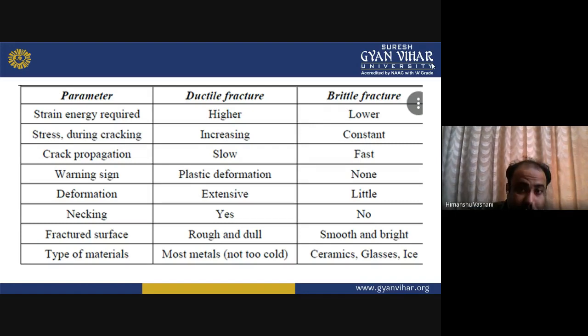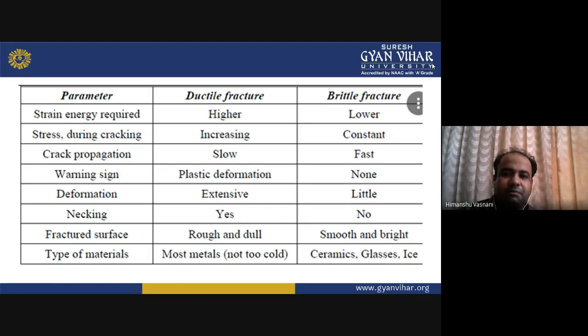Crack propagation is slow in ductile fracture and faster in brittle. Then warning sign: in ductile fracture there is plastic deformation, whereas in brittle fracture there is none. In deformation, there is extensive deformation in ductile fracture, and there is little